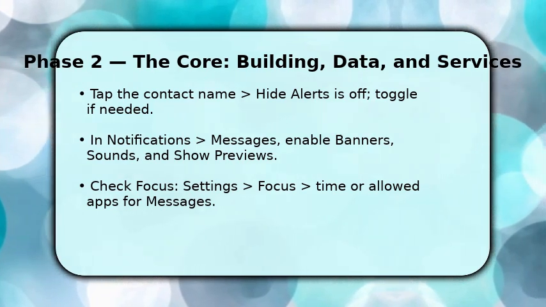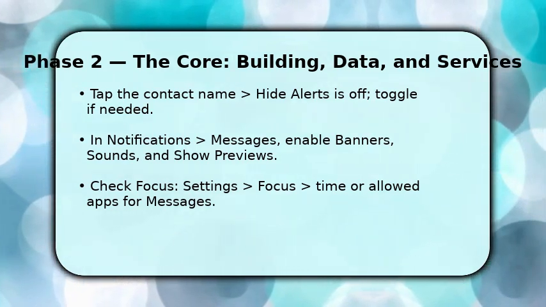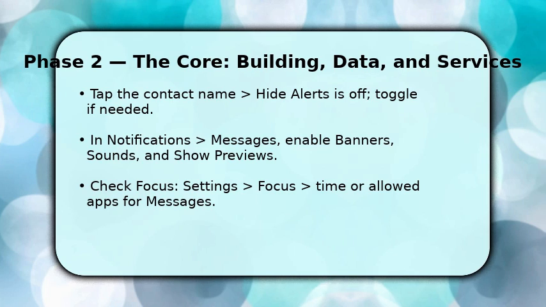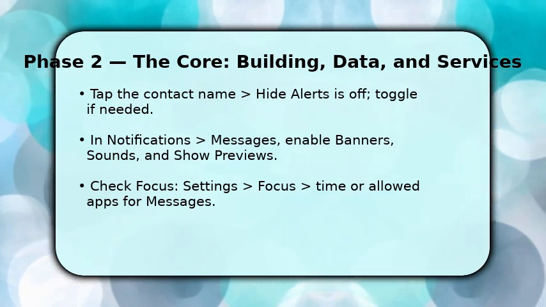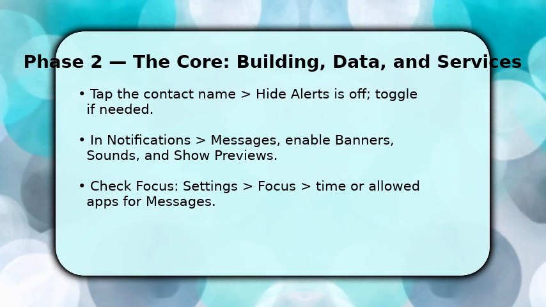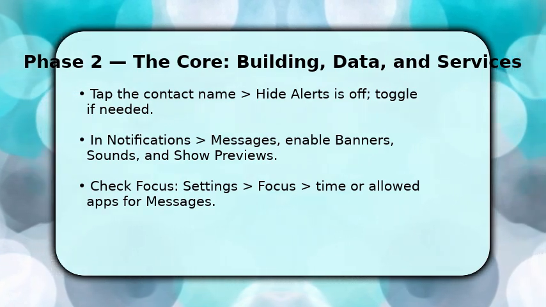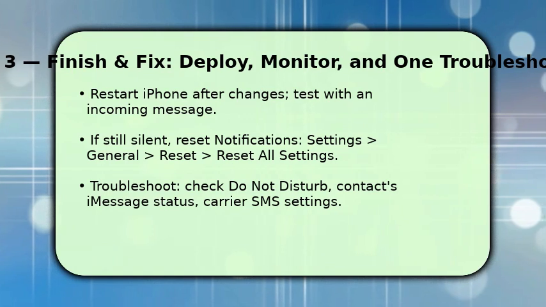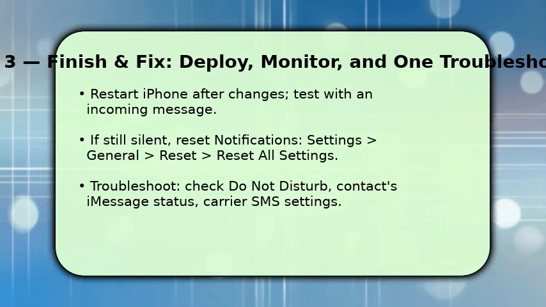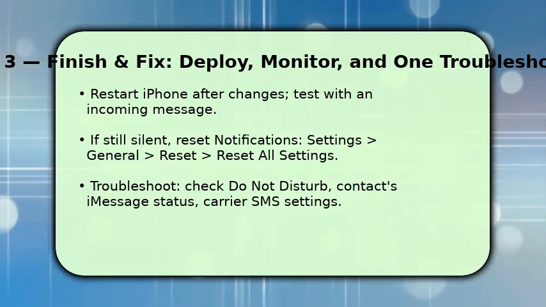Also check Settings Focus for any scheduled or manual focus. If Messages isn't allowed, add it to Allowed apps. These steps fix common conflicts between per-thread muting and system focus filters. Finish by restarting the phone to apply notification changes fully, then have someone send an iMessage to confirm sound and